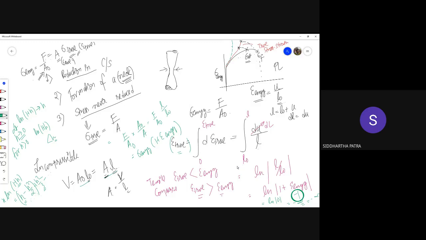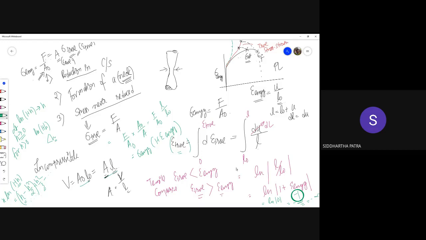But I hope you get the moral of the story. The only reason in the engineering stress strain diagram we see a fall in the stress value beyond ultimate stress, that's the first assignment question, and that's what I'm trying to answer here, is because the cross section is reducing, and more vigorously, after the ultimate stress point. So there goes my second assignment question.